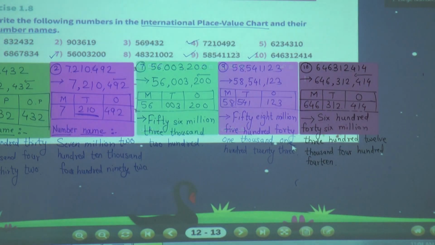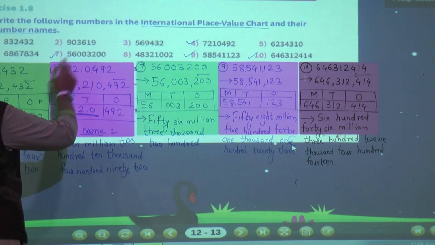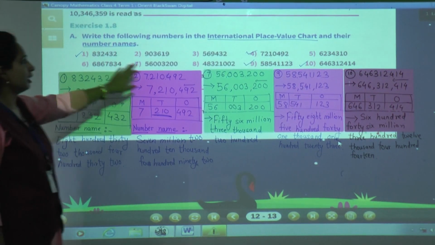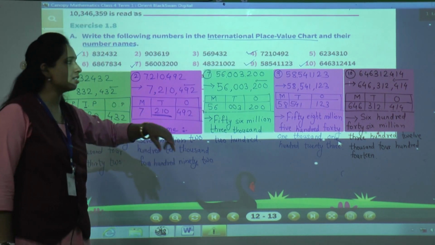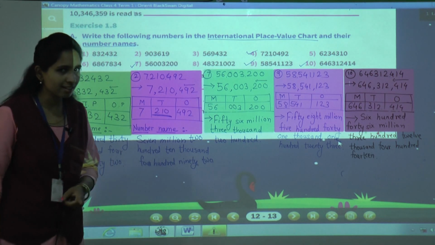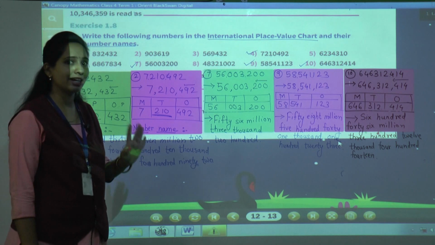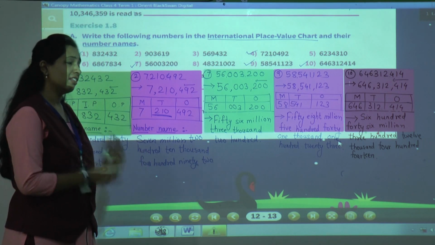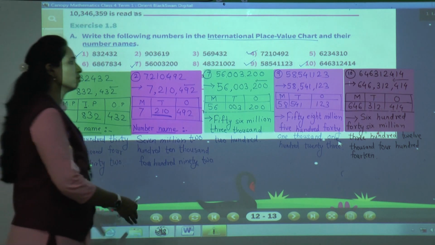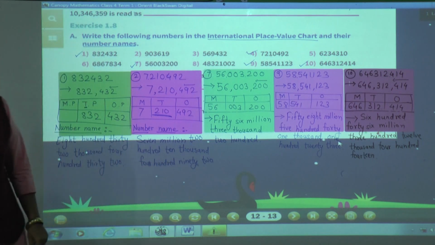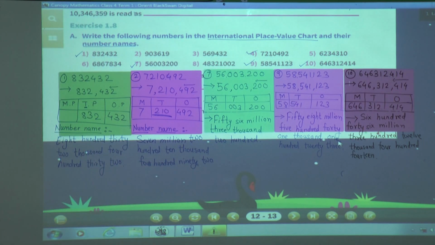Very easy. So I have solved for you the 4th, 7th, 9th and 10th, which are very hard. Now the remaining are very easy. You can solve them on your own in the same way. See, when you practice maths, you feel it is very easy. When you don't practice, you feel every sum is hard. Every sum is very easy, but some will make you confused. That's why I have taken different types of sums for you. Let's move on to the next question.